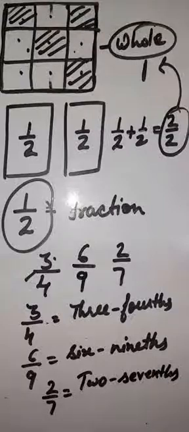Okay, now move on to the book exercise. Okay children, this is exercise 7a. This exercise you have to solve in your maths book. This is question number 1. Shade the following figures as per the given fractions. Very easy. According to the given fractions, you have to shade, right?